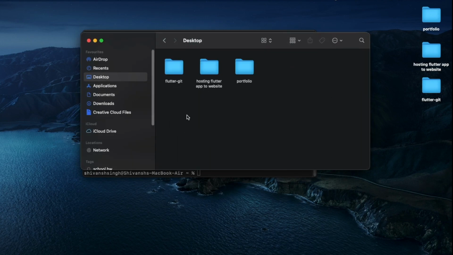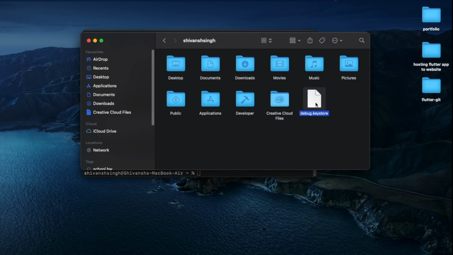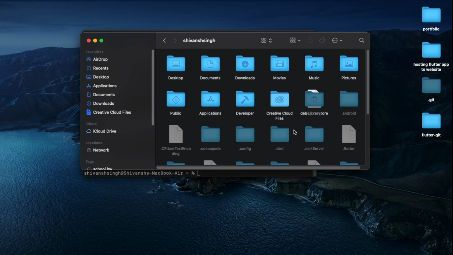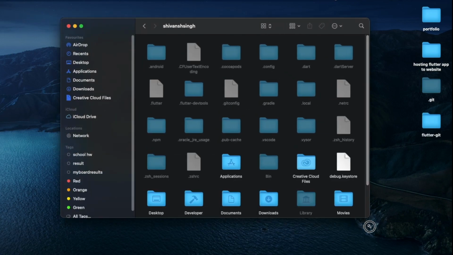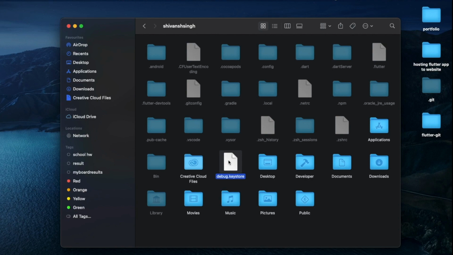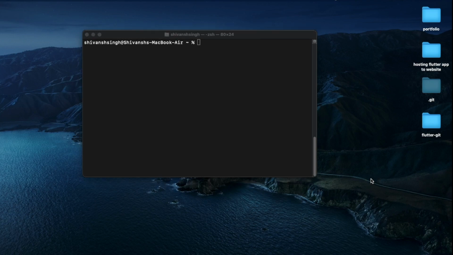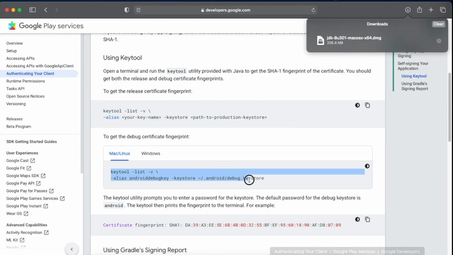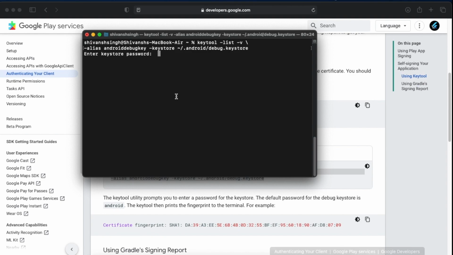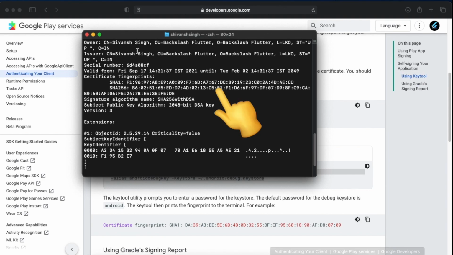So we have to copy it from the current directory to our .android folder. How you can do that is, open up Finder, and here you have to press Command and the up key, and you will be opened into this user folder. And here we have our debug.keystore file. We need to copy this to our .android folder, which is hidden by default. So just press Command, Shift and a full stop, and this will show all the hidden files. And inside this .android folder, just paste this debug.keystore file. And now you can go to your browser, to the Google document, and paste this command. And here you can see we have our SHA key.